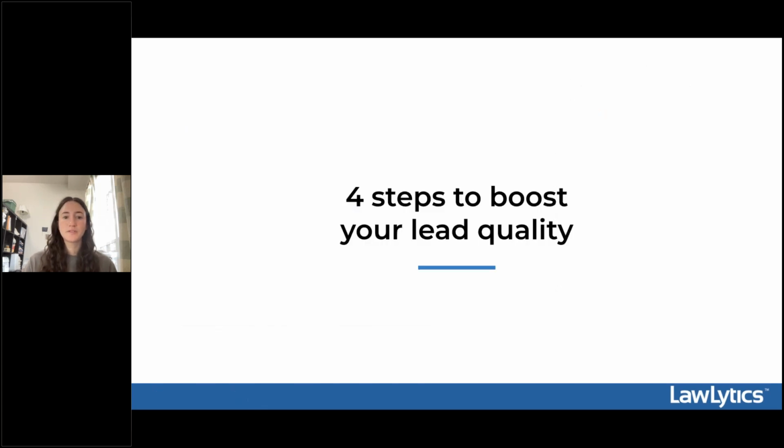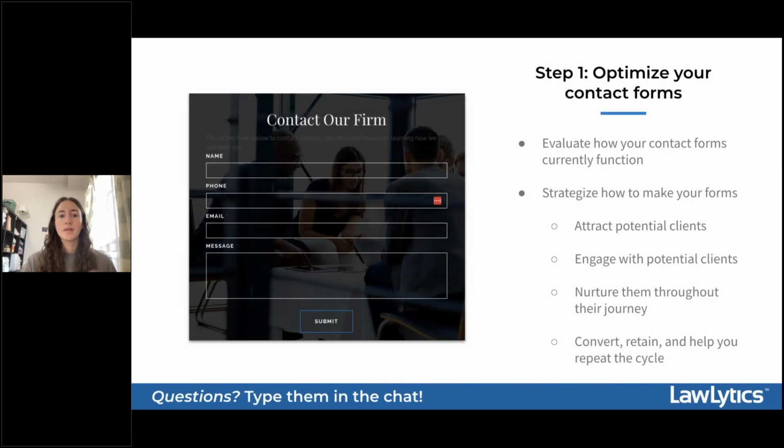And in this last part of today's webinar, let's review the 4 top ways that you can boost your lead quality for your firm using just your firm's website. And the first thing you should be doing is making your forms more relevant and specific. So if you have a basic contact form that routinely gets spammed, or it might be routinely submitted by potential clients who are unqualified or low quality, it's a good idea to consider making your form more specific to the matters that you handle and the types of clients that you typically work with or want to work with.